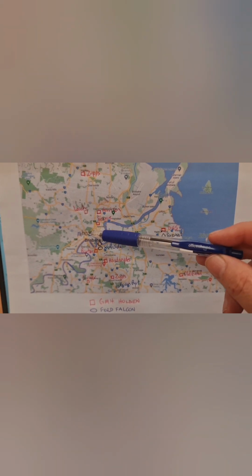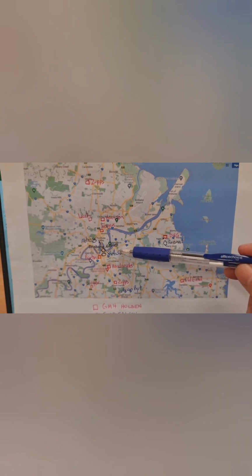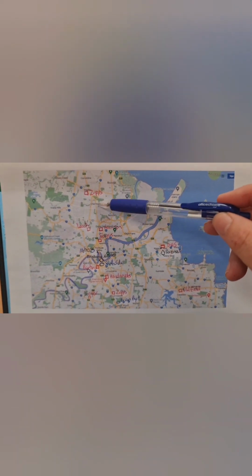I would suggest that Holden most probably had the biggest selection, with all of the red, and we've got Metropolitan Motors up here at Spring Hill, and their other site here they ended up buying later on at Southside. And then at Chermside up here there was another one with Betty Burnford that ended up going there, so that's just another one from memory. But you can see those, and there was in the end another dealership out of Indooroopilly as well for Skyfleet,